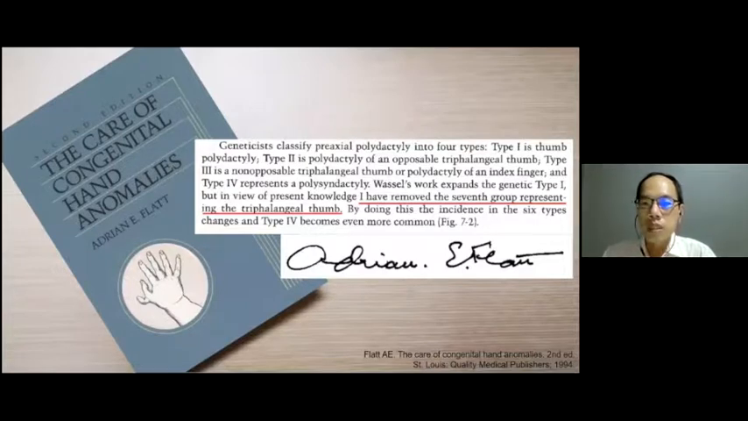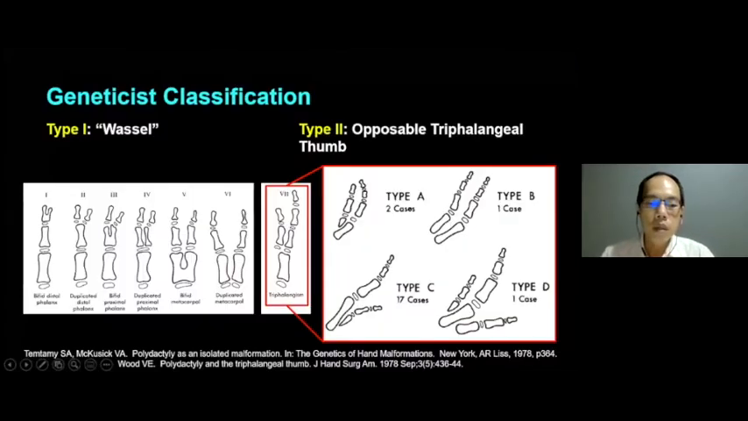In the preceding sentence, Dr. Flatt refers to what is known as the geneticist classification. Samia Temtamy and Victor McKusick, both geneticists, classified radial polydactyly into 4 types. Geneticist type 1 is that which was expanded on by Wassel. They considered the opposable triphalangeal thumb as type 2, and this would include Wassel type 7 and the case series